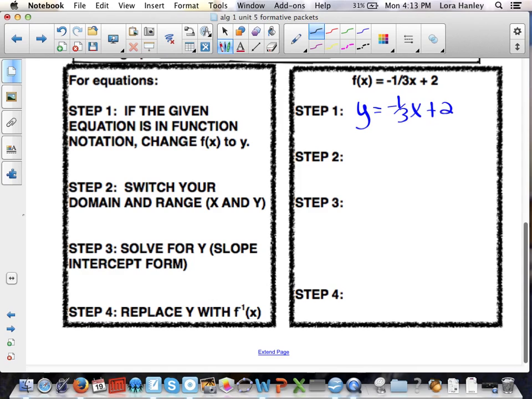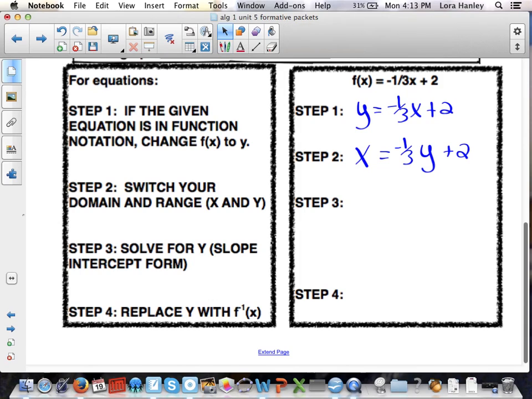Now we need to switch our domain and our range, just like we did with the points. So our y becomes an x, and our x becomes a y. Third step, you want to solve this for slope-intercept form for y. So in order to do that, I need to move the plus 2 at the end. And by doing that, I'm going to subtract. So we end up with x minus 2 equals